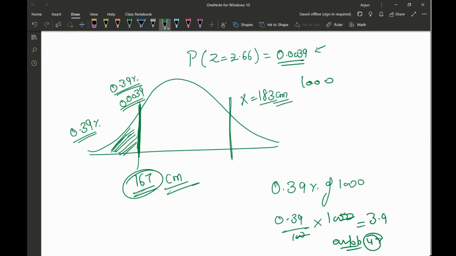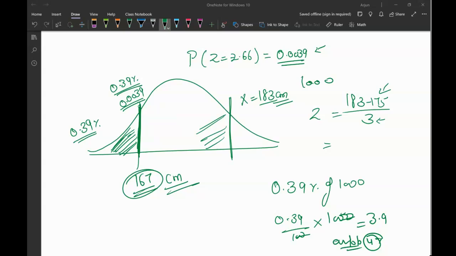I wanted to find out what percentage of the population has a height less than 183 centimeters. So I'll say 183 minus 175 divided by 3, because the standard deviation was 3. This was the mean value. So the z-score for this one is 183 minus